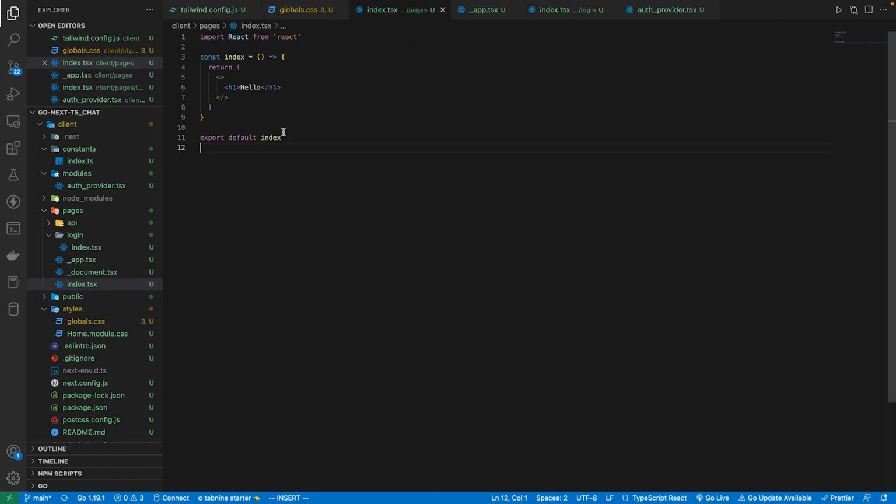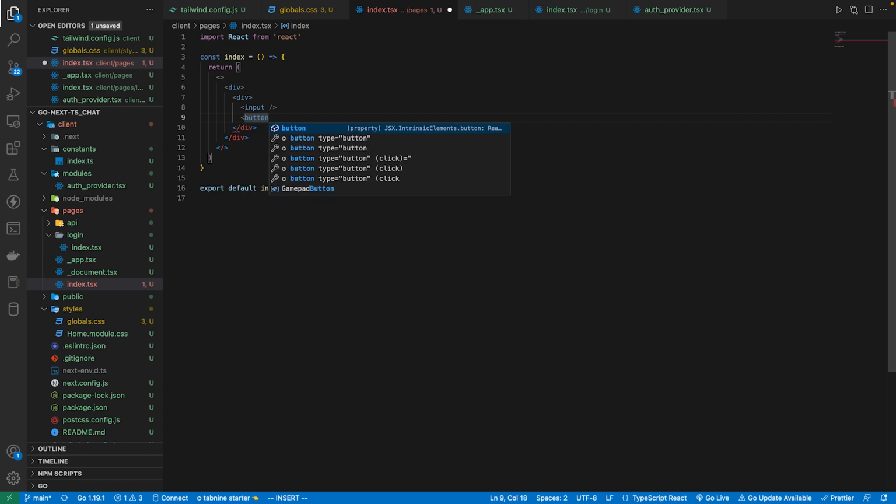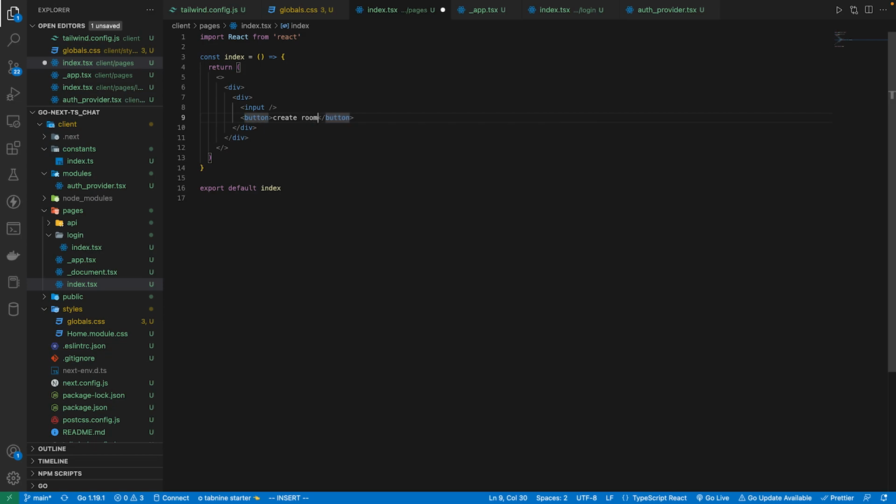So inside the index.tsx, I actually want to get rid of this hello message. And I first want to work on the part where we can create a room. So I'll have a parent div, and inside this div, I want to create another div that contains an input field where we can enter the room name, as well as a button that will allow us to create our room. So under this input, the type will be text, and I would have some styling here,